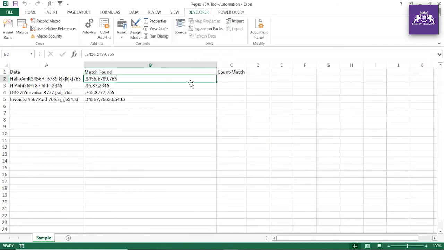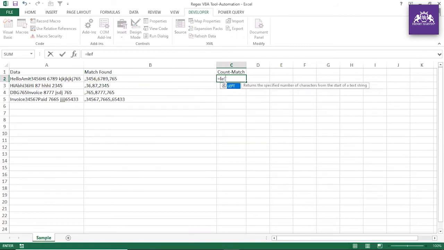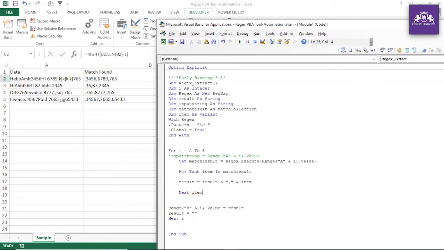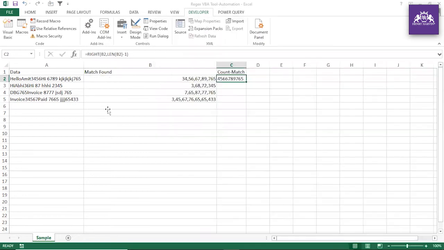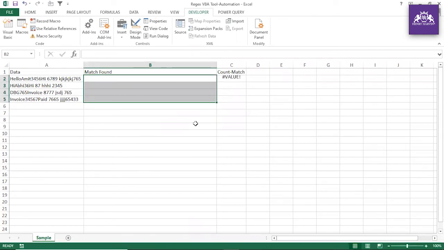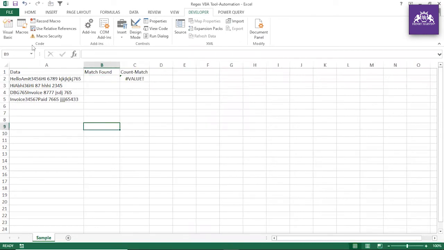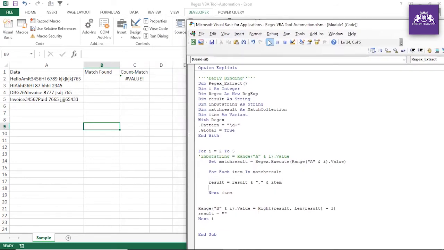So you're getting this value. Understand, if you write equal to, maybe, right function, comma, length of this minus 1, you are getting this correctly. Fine. If you use the RIGHT function there, RIGHT, this is the one, comma, length of RESULT, result minus 1, and if you use this, it is working, but actually it is getting all the comma everywhere. All right, so you see again what is happening.